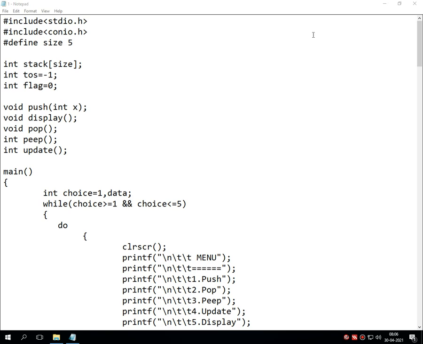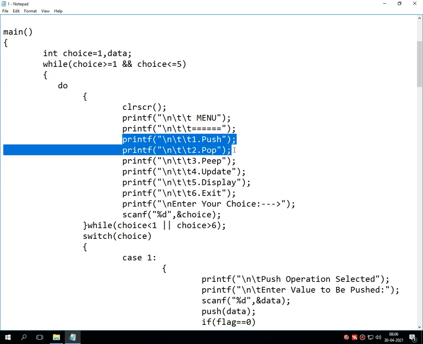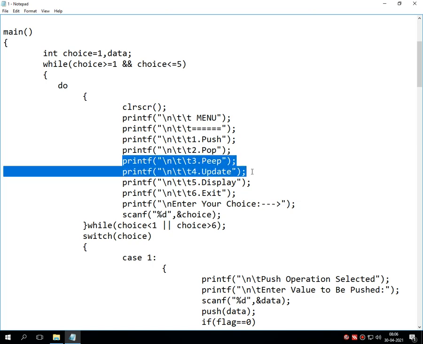Apart from this, we started implementing the program for the same and covered the discussion of two operations, push and pop. Now it's time to discuss the other two operations, peep and update. So let's start with the same.